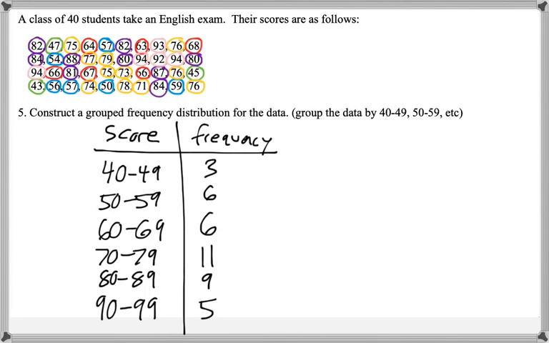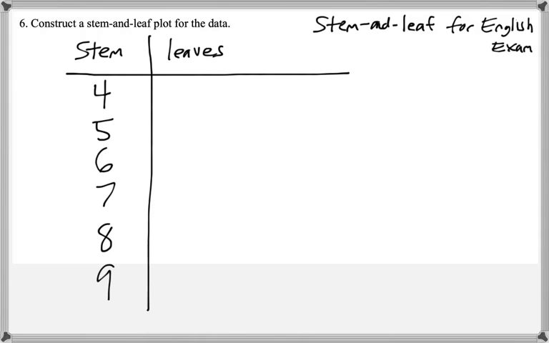So if we look at the data, we have 3 values in the 40s. So we do need to put these 3 values in order in our stem and leaf plot. So the 43 is going to be a 3 here, the 45 is a 5, and the 47 is a 7. So a stem and leaf plot is a more compact way to group data. So this stem of 4 with leaves of 3, 5, and 7, this is a shorthand way of writing 43,